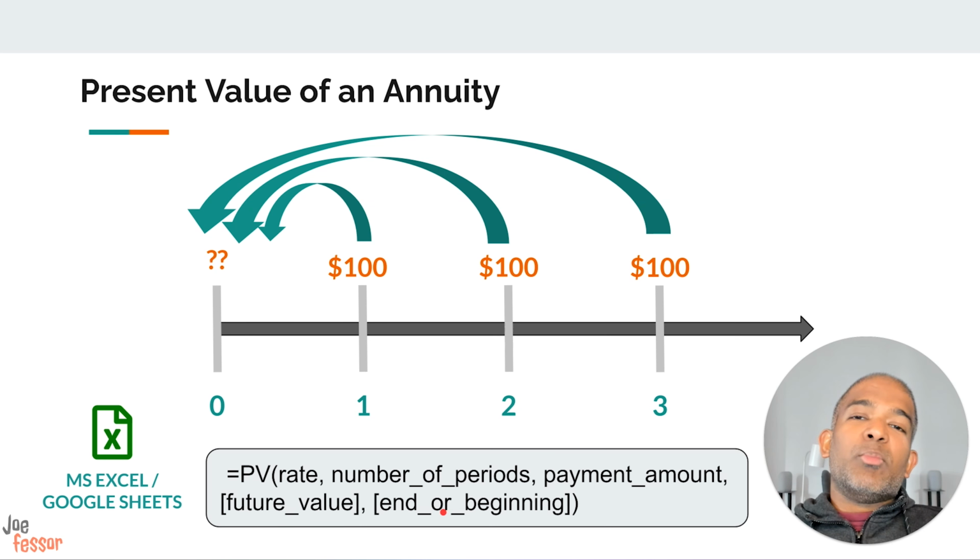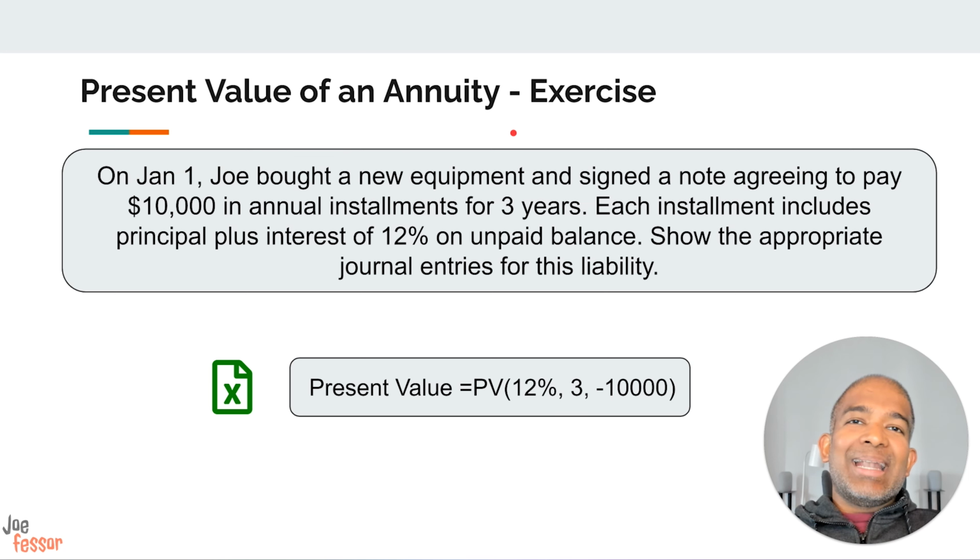And finally, there's one more optional argument, end or beginning, which represents whether the annuity payment is made at the beginning or end of each time period. By default, if you don't provide this argument, payments are assumed to be made at the end of each time period. Remember that lease payments often form an annuity. So this is exactly the tool we need to determine the lease asset value and liability. The present value of an annuity concept extends far beyond leases, making it a very valuable financial tool. Let's explore an example of calculating the present value of an annuity and the